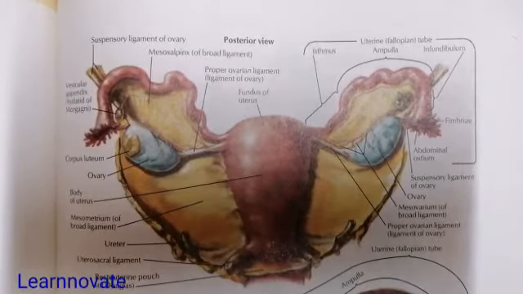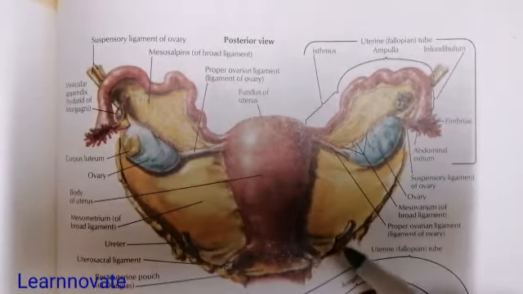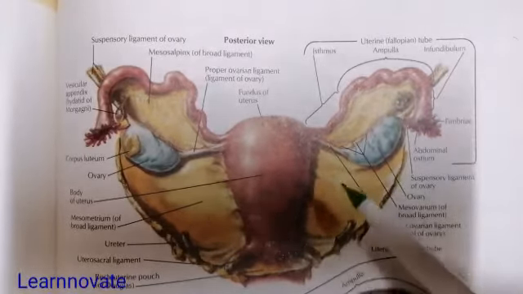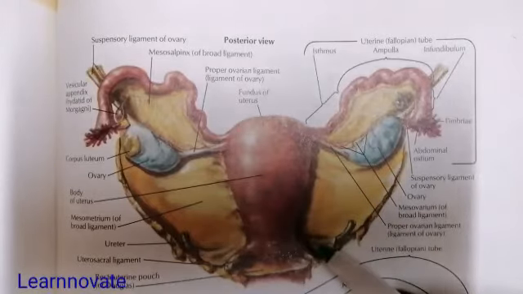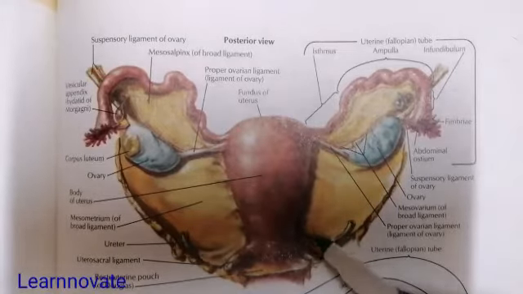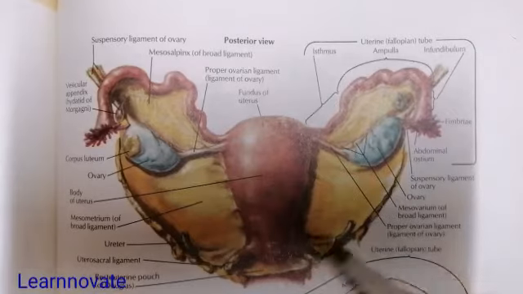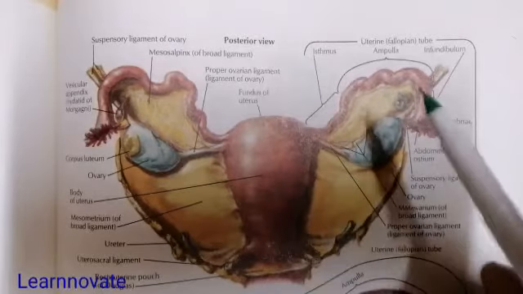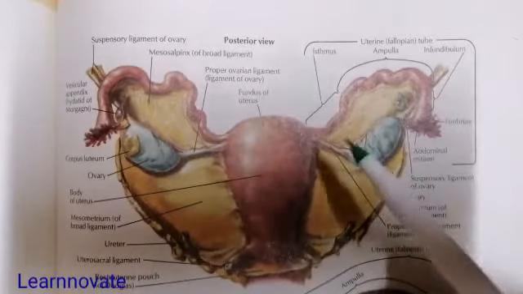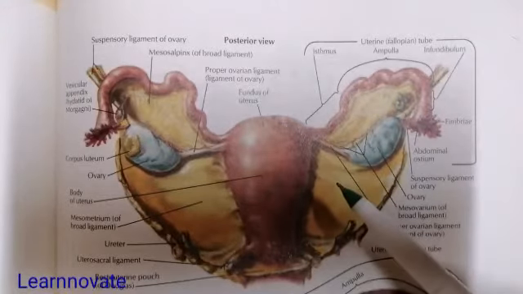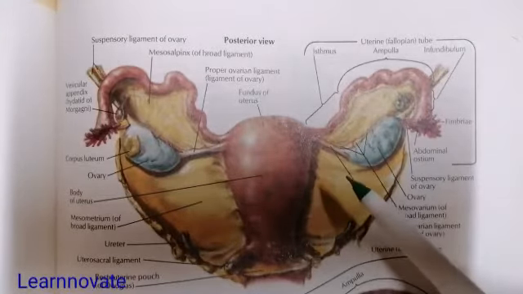What is a broad ligament? A broad ligament is simply a double sheet of peritoneum, that is a mesentery, covering the anterolateral and the inferior surface of the uterus. You can say it covers the lateral wall and the floor of the pelvis. This broad ligament covers the upper part of the uterine tube and the posterior surface of the ovary. Within the broad ligament, the body of the uterus is mobile and dynamic.